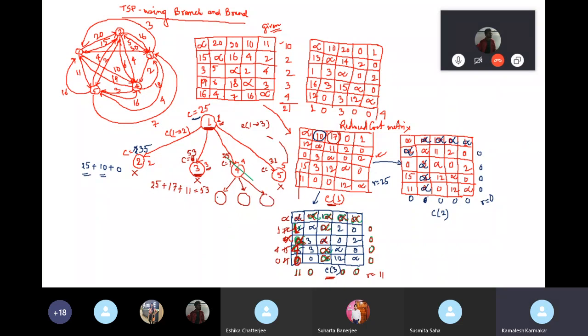So 5, next expansion will be performed for 6, next expansion for 7, and it's for 8. Now we have to calculate C6, C7, and C8. So when we are going to calculate C6, C7, and C8, then you will consider this C4. In the next step, you will calculate this C4 matrix.